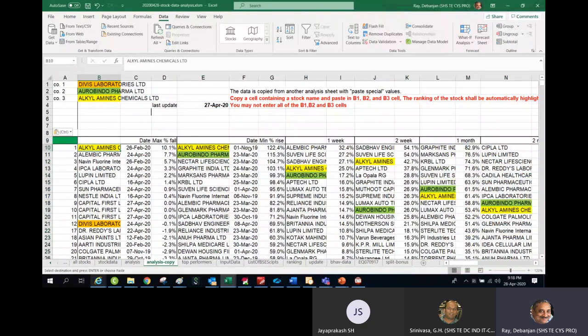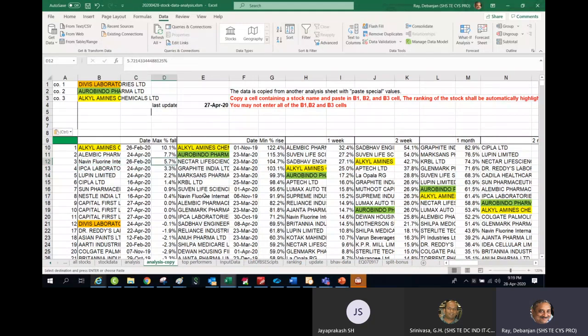Now I have not explained to you the significance of this set and this set. This set indicates, from the maximum of the last 6 months, what is the percentage fall of this particular stock. For example, take Navin Fluorine. It was highest on 22nd of February.